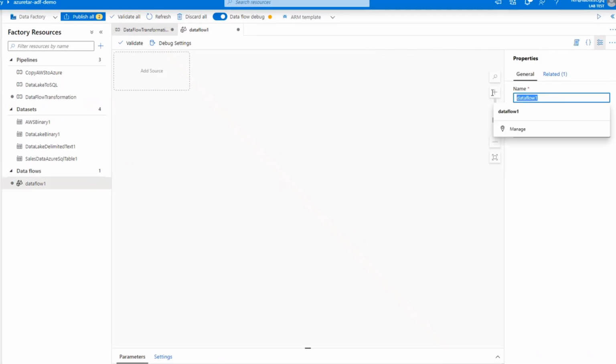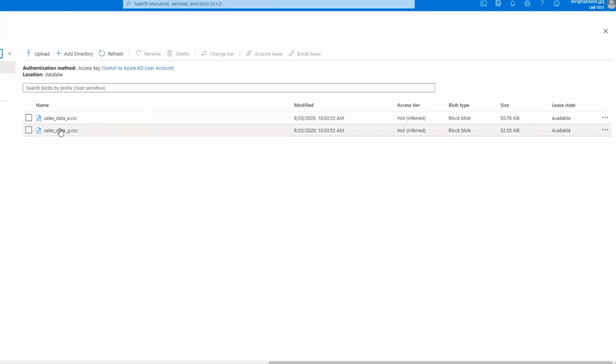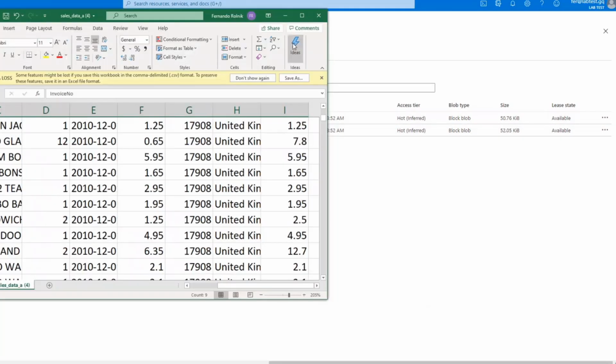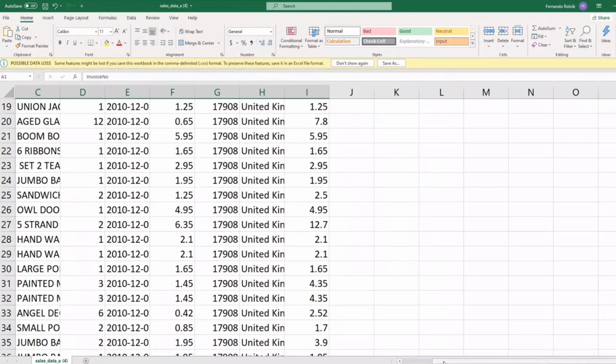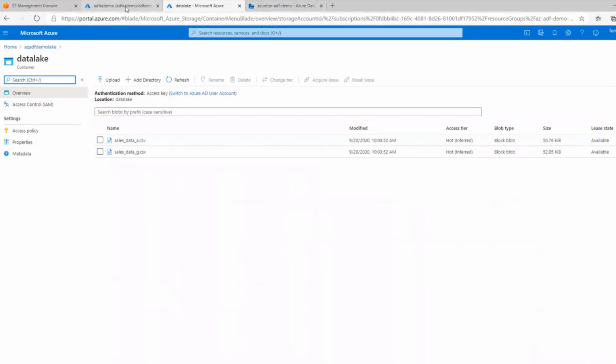So the data flow 1, what do you do here? We have our data lake with these 2 files. If you don't remember the contents from the latest video, this is our sales data, right? And we have the sales amounts. I think I will add here a column called tax, and the tax will be 10% of this value. We do this on Data Factory. And we'll save this to